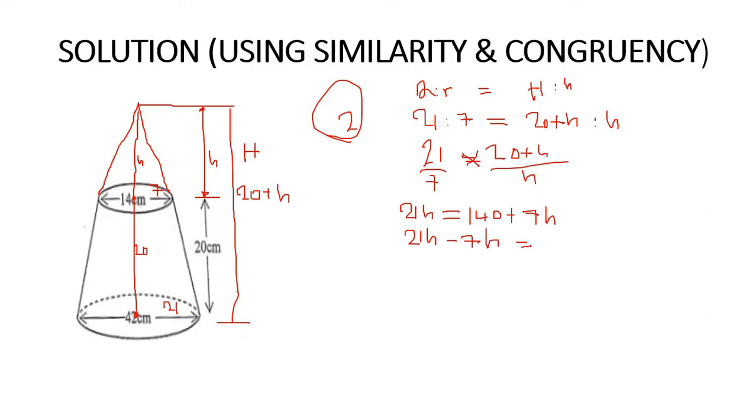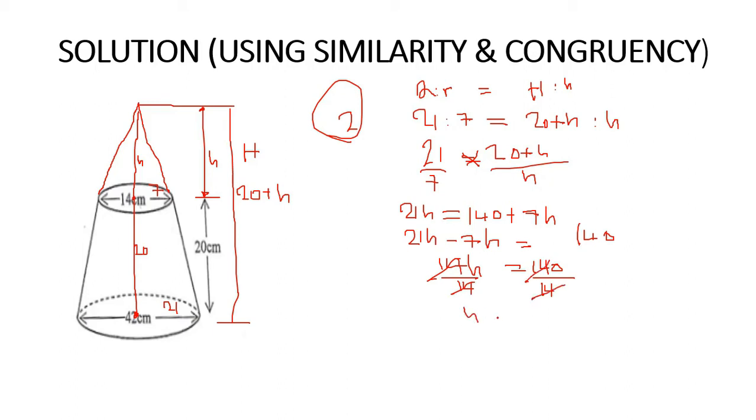Which is equal to 140. Okay, then this one becomes 14h, so 14h is equal to 140. So make sure you follow the procedures. Divide by 14, and on the other side also divide by 14. So when you divide by 14 on both sides, we are going to find that